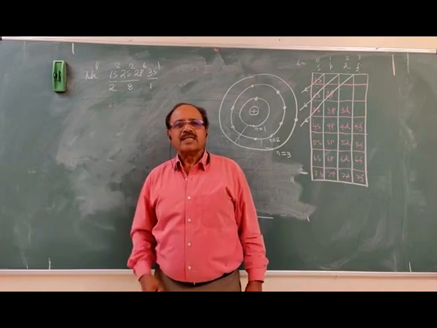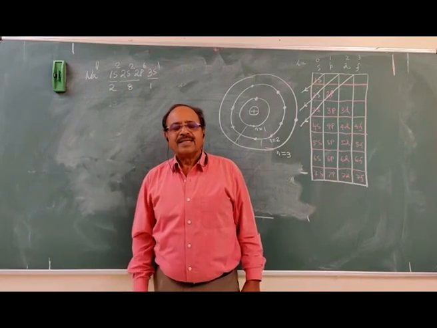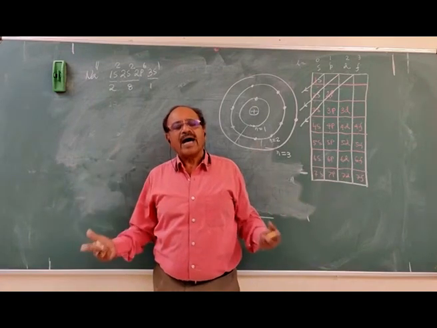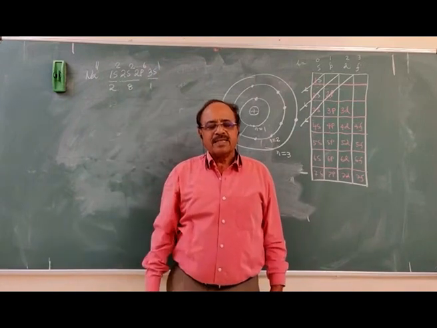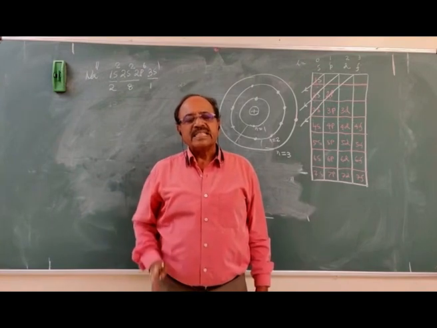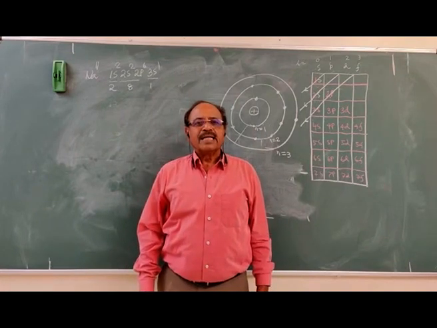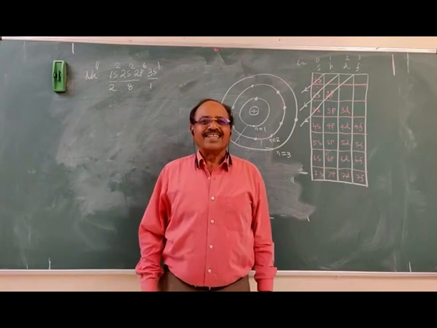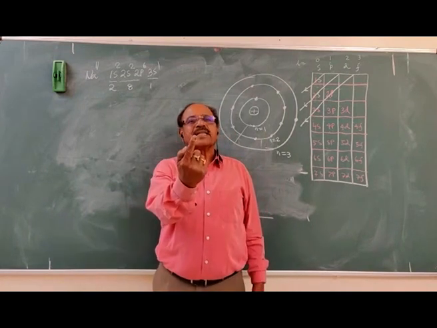So all the elements belonging to S block of the periodic table, 1A and 2A groups, they are highly electropositive metals. All the group 1A elements, lithium, sodium, potassium, rubidium, cesium, all these elements have one electron in their outermost shell. They are called alkali metals. That's the most electropositive group of the periodic table because they have one electron in their outermost shell.